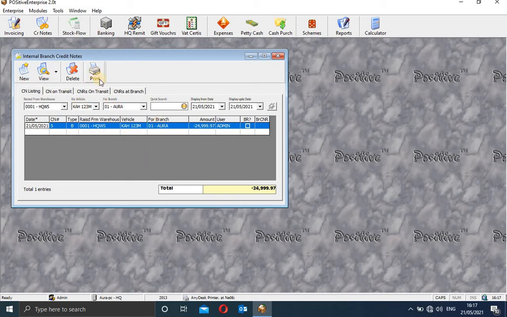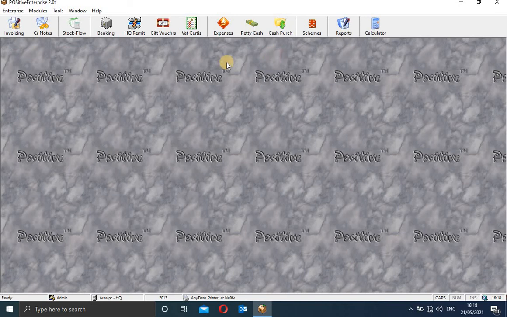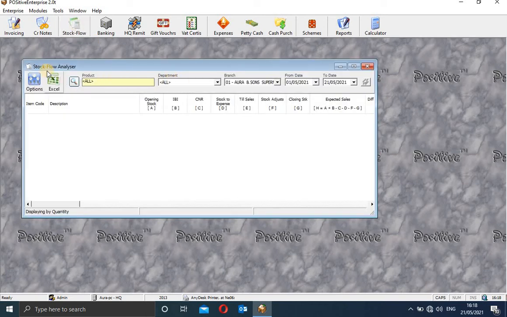You simply click there, and if you have the rights, somebody can be able to delete the credit note. But it is not advisable that credit notes should be deleted, or any document should be deleted within the premises. It is not advisable. Okay, now there is also the stock flow. This is where you can watch the stock flow. You simply select the department, and this is live. This is real time. You can check after every few seconds. The figures will be changing here.